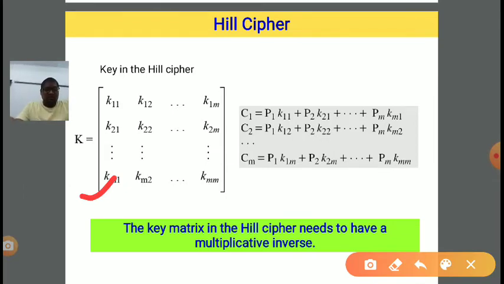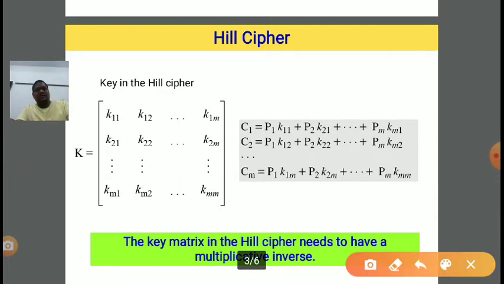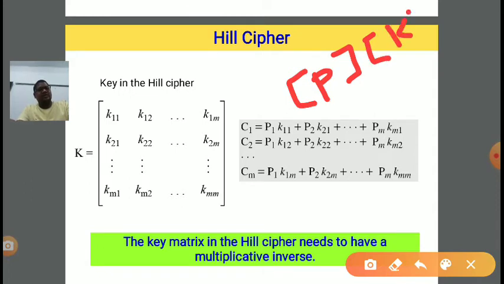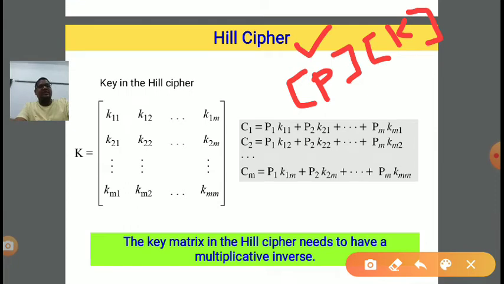Now we have a plain text. The plain text should also be arranged in matrix form. Clear? Suppose P is the plain text and K is the key. P is also arranged in matrix form.